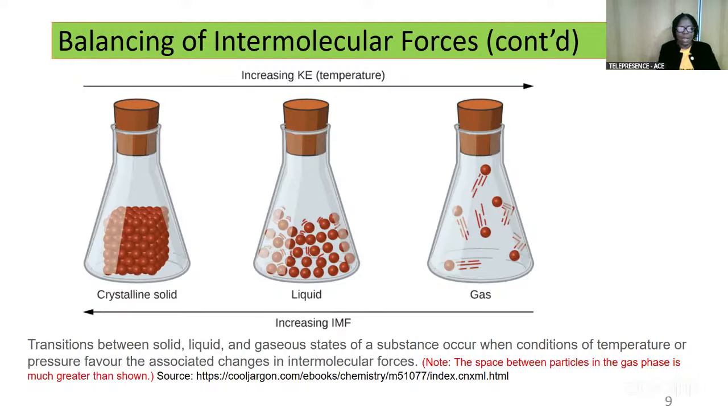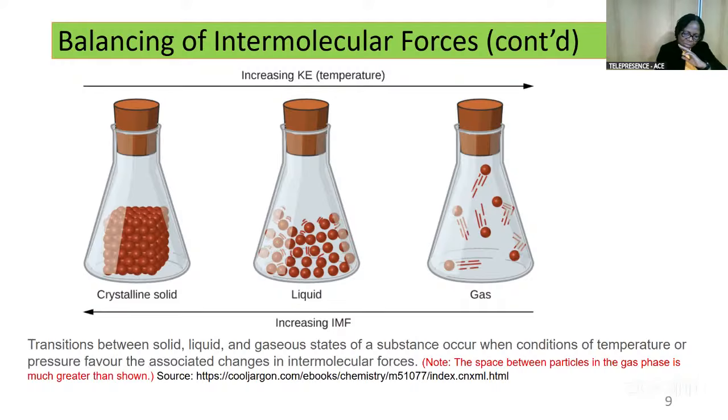And then what happens is that if you have high IMF or very strong IMF, if it is possible to increase the intermolecular force, or if, let's say, you have a kind of intermolecular force that is weak, then you will have gases. Because the weak forces still allow the molecules to move as far apart as possible. If the IMF is high or stronger than what you have in a gas, then you will have liquid. That means they are held together, they can move together.